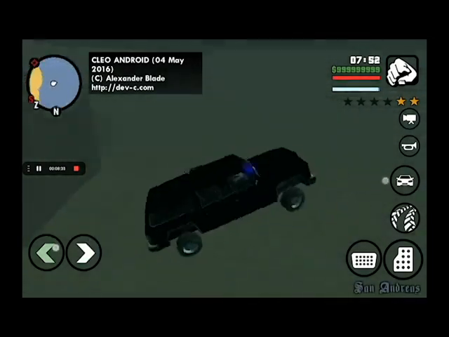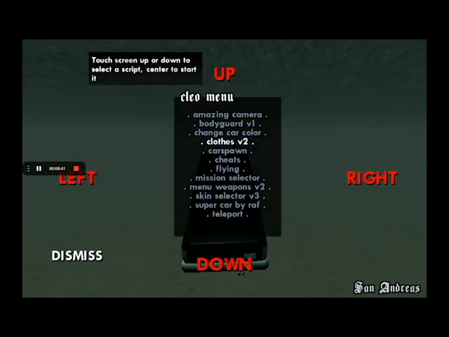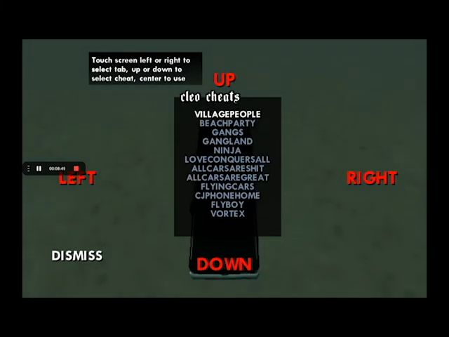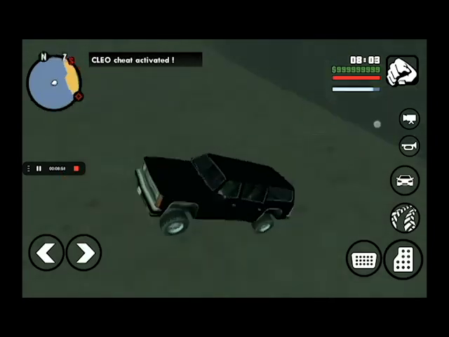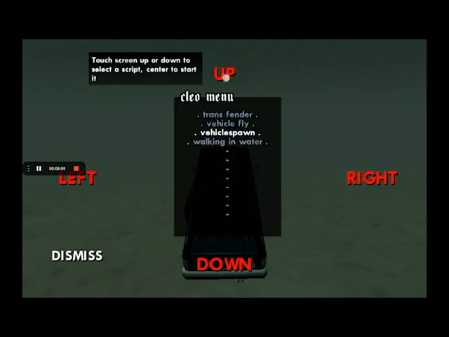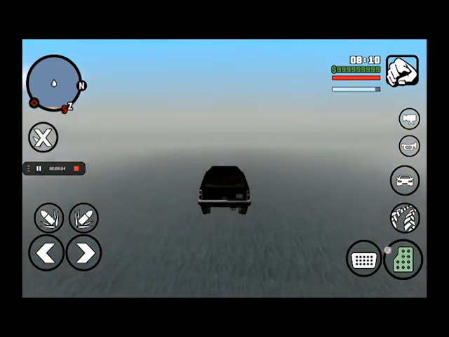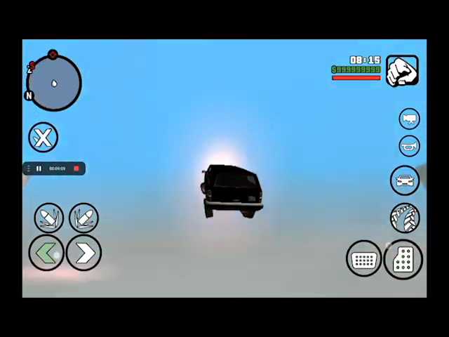I was playing it recently and I fell into a cockpit. So you can go for disabling cops. You can go to cheat. Then click on not wanted. So I'm not going to be wanted anymore. Now you can also do a cheat called vehicle fly. You can make your vehicles fly.